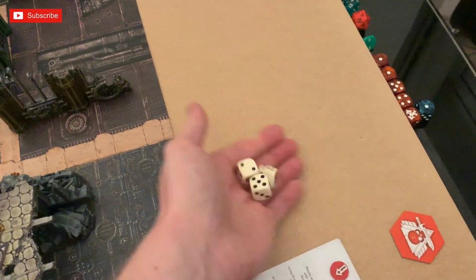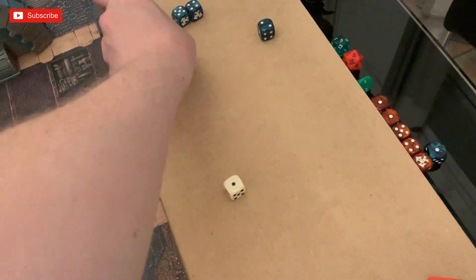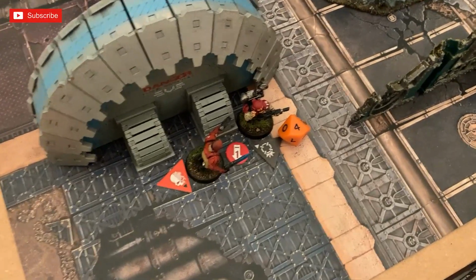I'm not in cover. I can re-roll 1s. No, that might do it. Oh, no. But I've saved 2. So only 1 goes through, meaning I take 3 damage. So he's also down to 4 points remaining. So he's only got 1 action, so basically he's gonna...